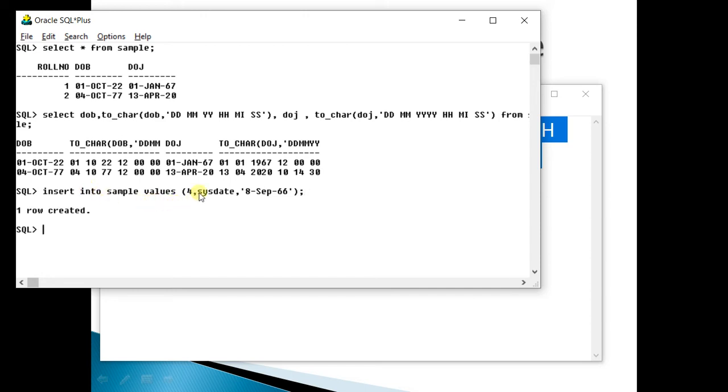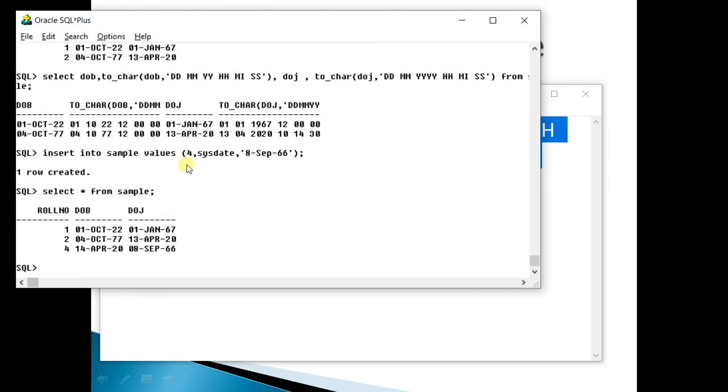You can very well imagine that the sysdate column will give the current date and time. The other column will give the date I have specified and time. But normally, if you try to see, it will not show you the time. So you can see today's date is 14 April 20, and 8 September is what I have given.